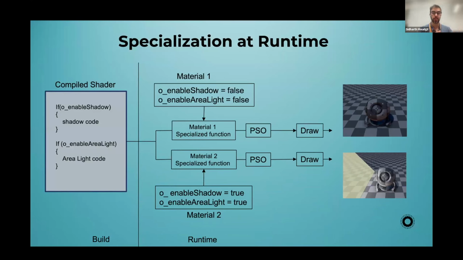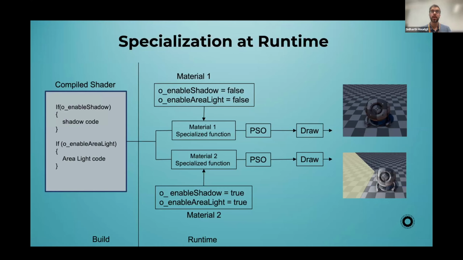So all of this was happening with shader variants at build time, which is using asset processor. Now at runtime, when you load a shader, we give it the value for the shader options, and depending on if it's different, it will create a different PSO. So the drivers do a lot of the heavy lifting here, and the idea is that everything is transparent as far as you're concerned. You just load one shader, but under the hood, it will create multiple PSOs. And each draw call will be as optimal as it gets. So you never have to build a variant list. You never have to deal with variants itself.